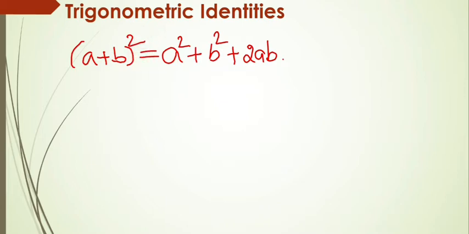In the same way, an identity equation having trigonometric ratios of an angle is called a trigonometric identity, and it is true for all the values of the angles involved in it. Here we will derive the trigonometric identities. There are three trigonometric identities. Let us see how we can derive those trigonometric identities.